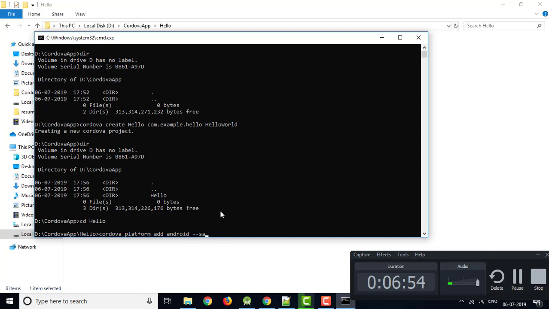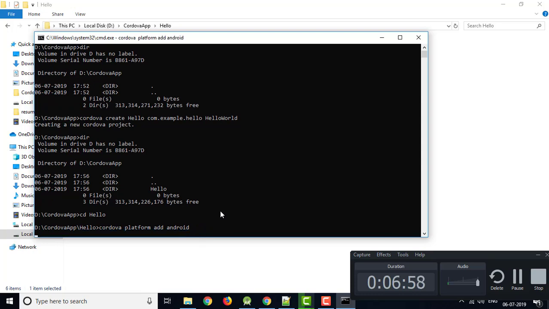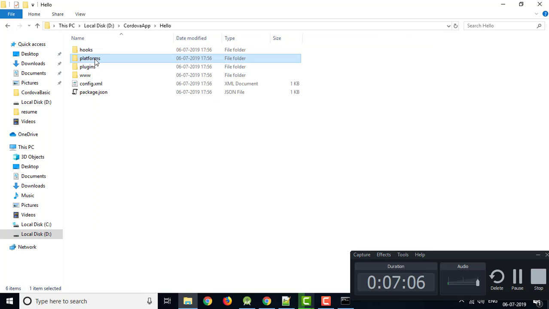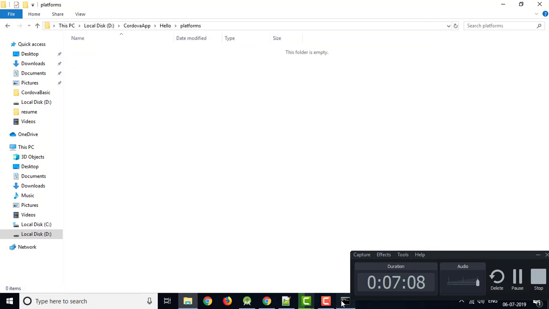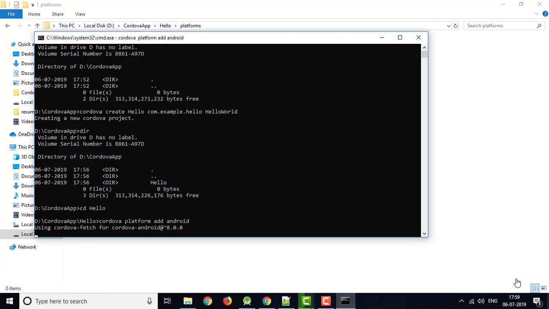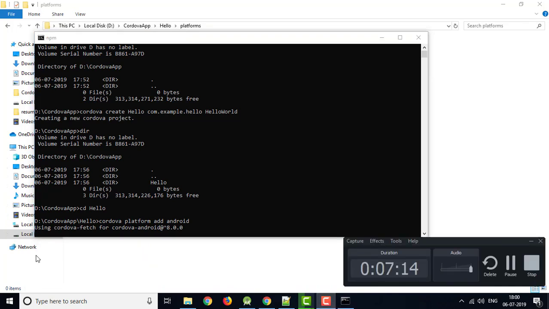I can give --save, but that is optional. So android, and wait for some time. It will download files from the Cordova library, and then it will include them inside this platforms folder. So now here you can see it is showing a message that it is using cordova fetch for cordova-android, and this is the Android version. So you know, Android 8.0.